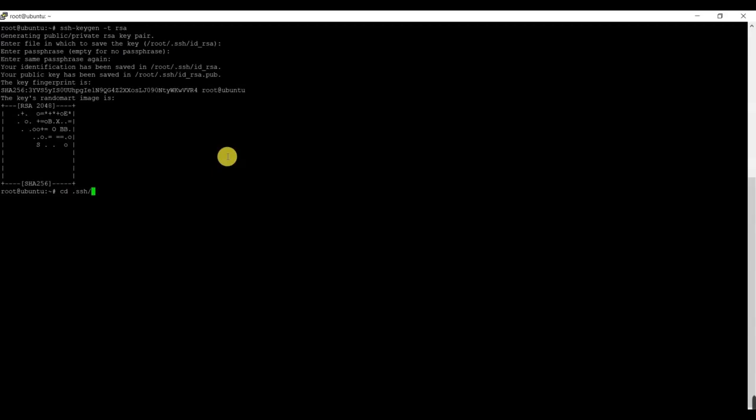If you see the .ssh directory, there are two files. One is id_rsa, which is the private key, and id_rsa.pub, which is the public key. In our case, I'm going to upload this id_rsa.pub file into all the AWS regions. To simplify that, I wrote a shell script to import my id_rsa.pub file into all the AWS regions. Let's see the shell script.